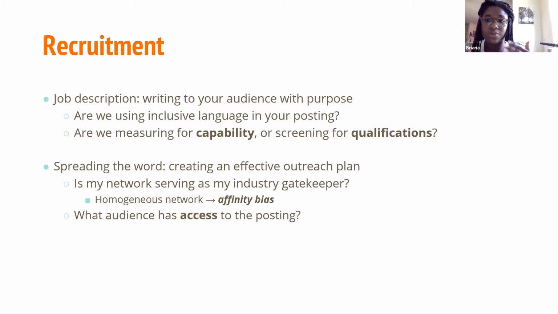So the way that we're going to be talking about each of these phases is just: what are the questions that we can be asking ourselves to bring that awareness to the forefront? And so the job description is that main piece. When we think about inclusive language, who might be turned away from viewing this job description? Are we using a title that is clear, that people understand what it is from the outside, and it's not